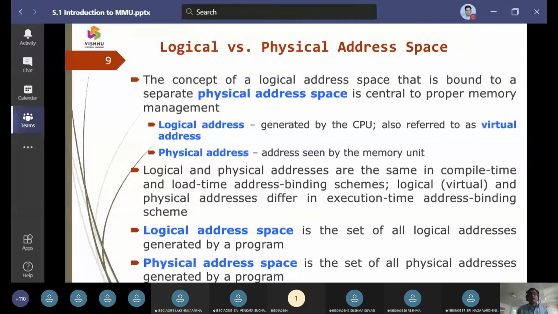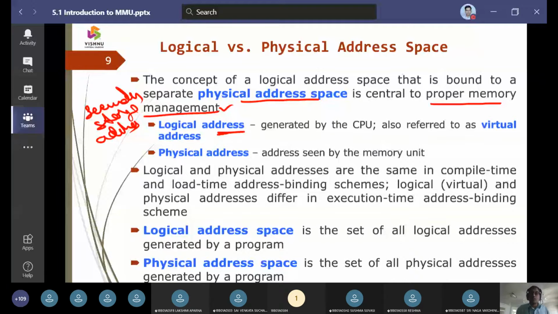The physical address space is purely concerned with proper memory management, and it is taken up with the secondary storage addresses. But as far as logical addresses, or virtual addresses, are concerned, these addresses are generated during the compilation or execution of a program.